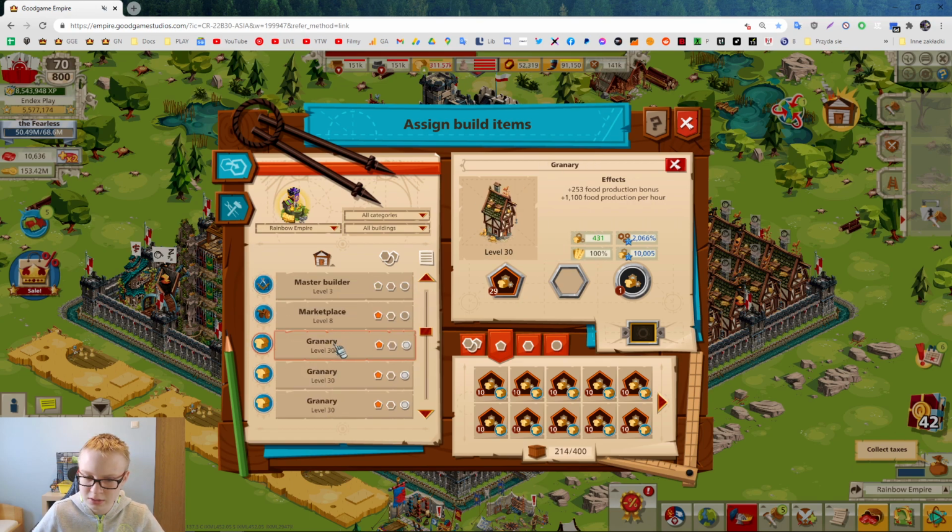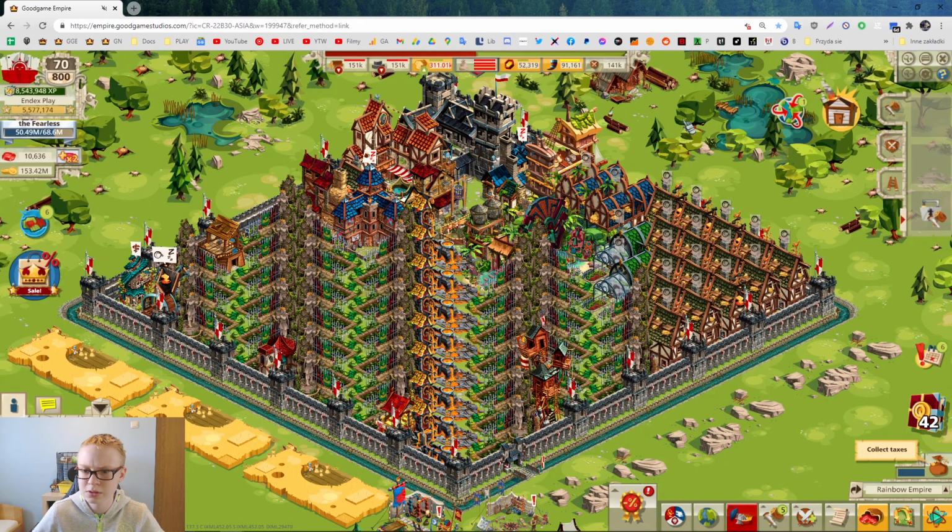Then in granaries, I hope I spelled this correctly, granary, I hope so. There's 29 and they are not in the right order, so they are mixed, but there are 22s, 25s and 15s and 8s on lower ones, so it's mixed but pretty high level, so that is why I have this high production. And the last one is storage capacity, which is